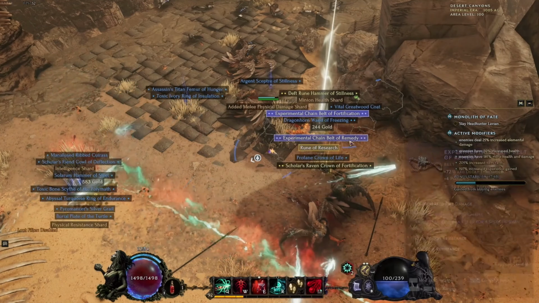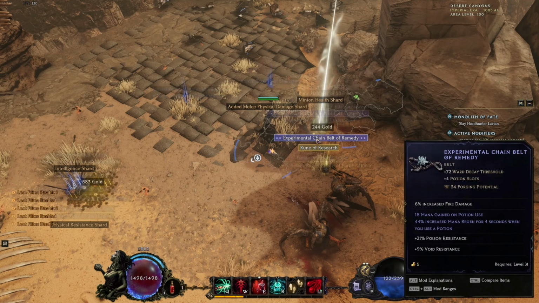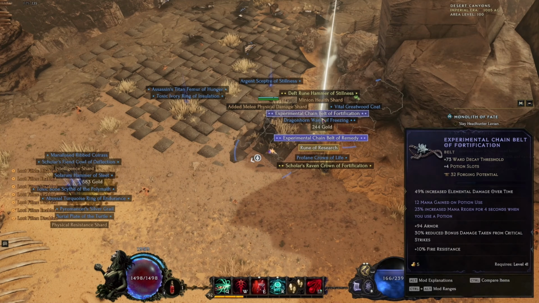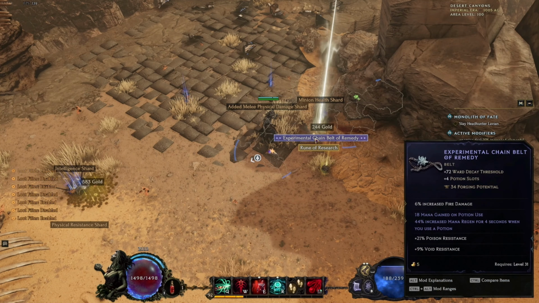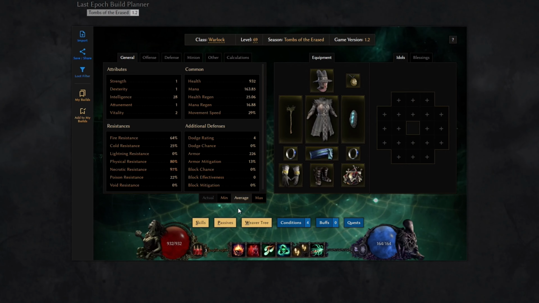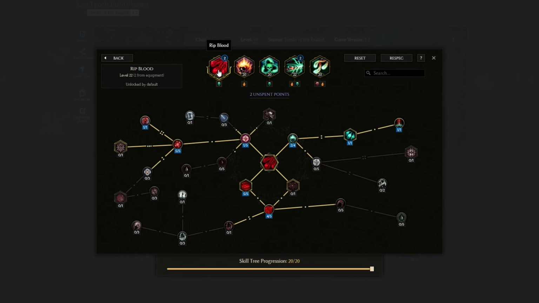This build really comes alive once you're fully stacking curses and damage over time effects, while flooding the screen with the Chaos Bolts. This is for sure one of the fastest and most fun playstyles to use from level 1 until level 70. Then as far as our skill tree goes, we will use the Red Blood with these type